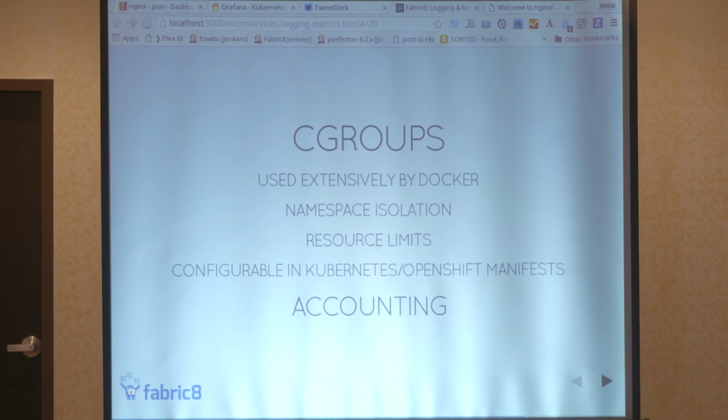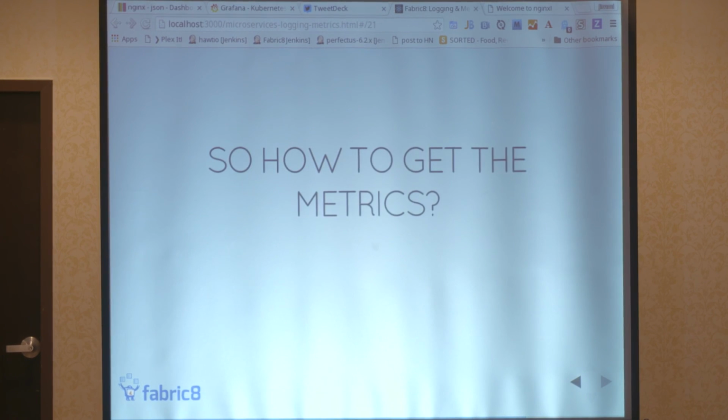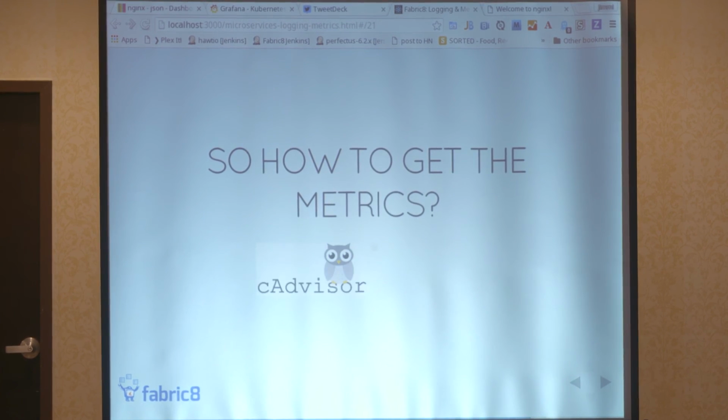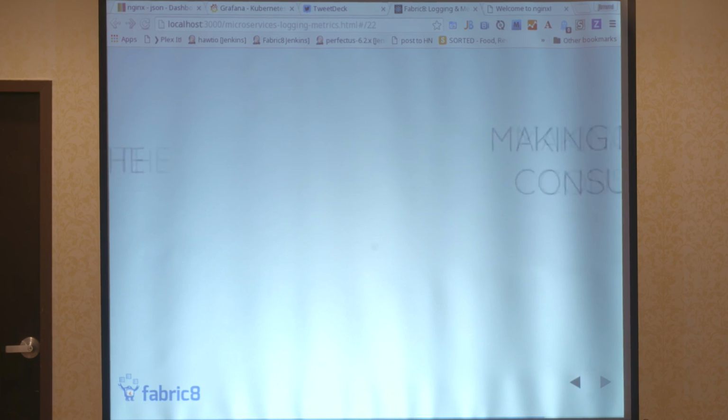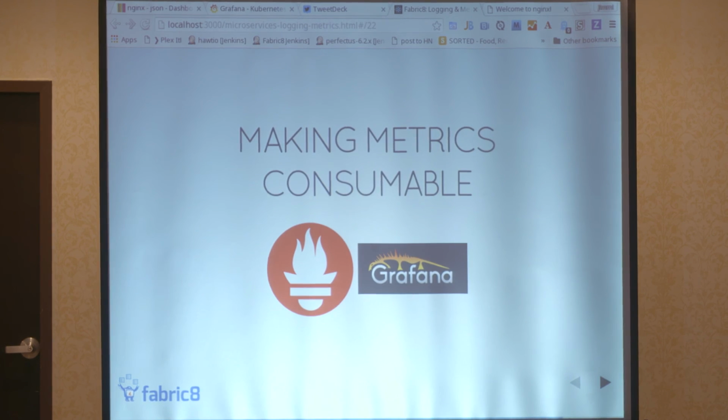Yeah, so it comes out of the box, you literally don't need to do anything. So how do we get the metrics? Oh, I've got loads of time. cAdvisor and Kubernetes. So cAdvisor is embedded inside Kubernetes, inside the kubelet which runs. So all these things are, again, automatically exposed for you. You do nothing. It's just there. And we can collect those with one thing.